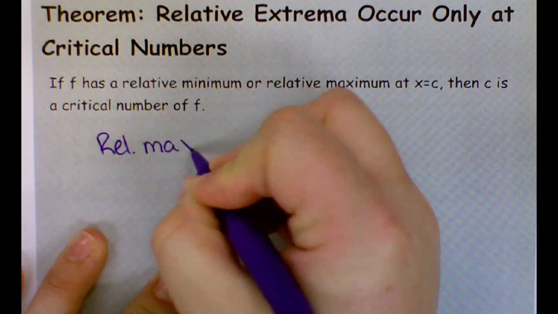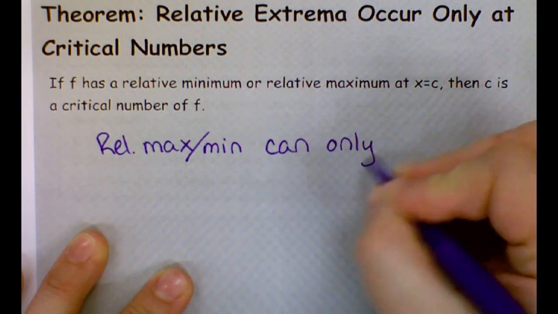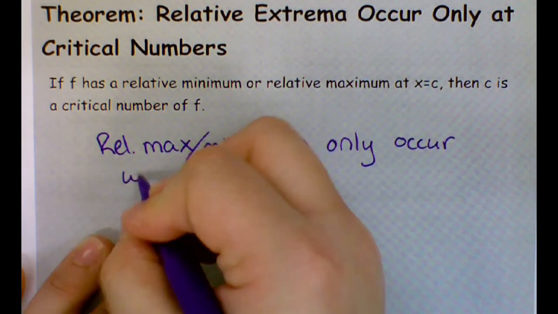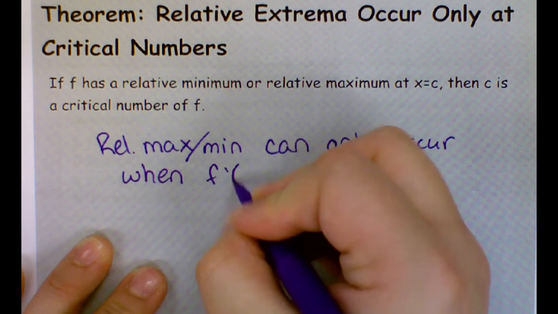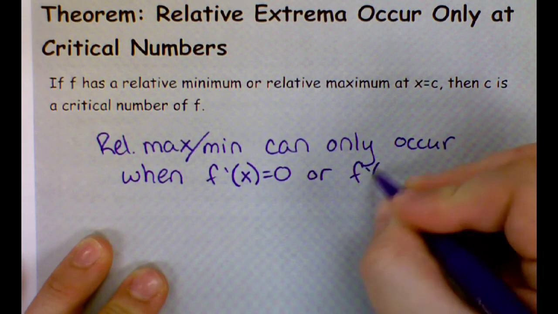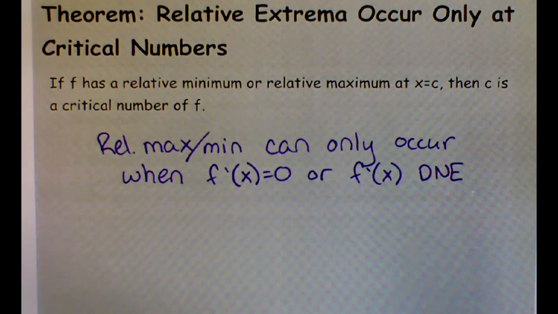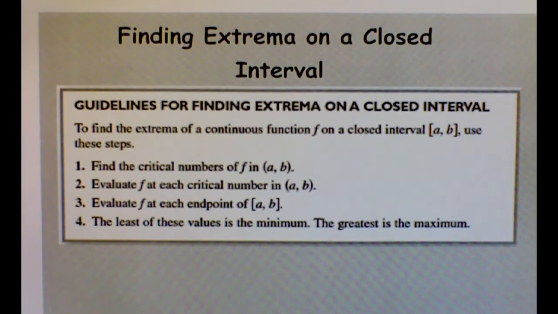So this is important because it tells me that relative max or min can only occur when the derivative equals 0 or derivative does not exist. All right, that helps us a ton with finding our maxes and mins because we can set our derivative equal to 0. So, finding extrema on a closed interval, guidelines for it. To find the extrema of a continuous function, we find the critical numbers, which is the derivative equal to 0